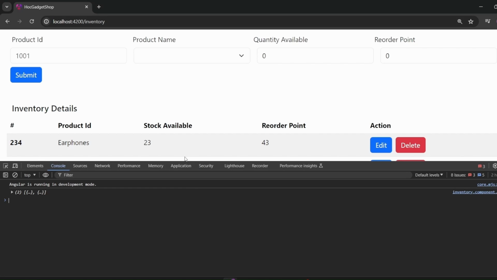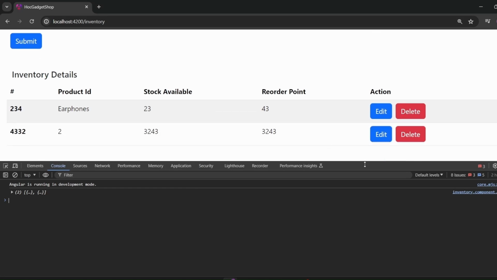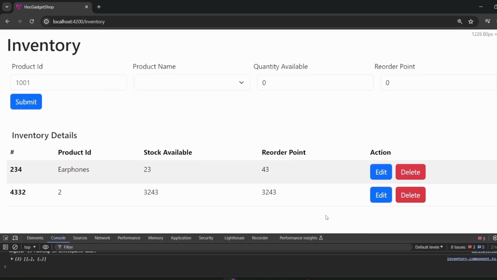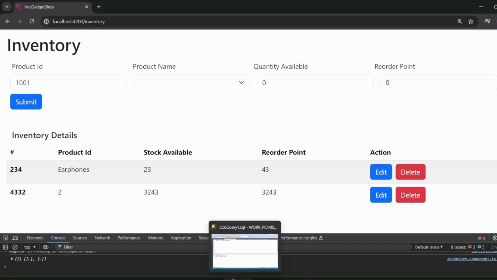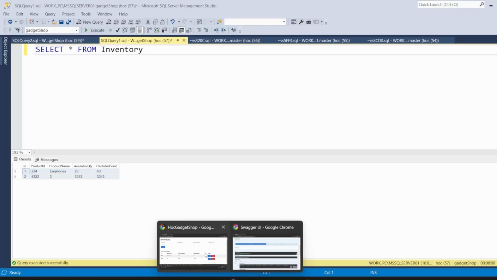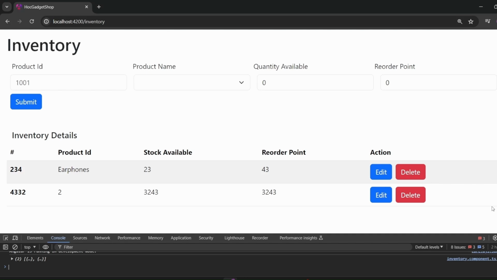Let's go to the page again. It should be reloaded. Yes, because just after saving the changes, we are able to see that the reload is done, and over here we are getting whatever we had saved in the table, that is successfully being fetched on the screen as well. This is all dynamic data. This is not the data that we had given in the HTML template. It's all dynamically being fetched from the table to the Angular application on the screen. So we have successfully established the get flow as well. I hope you have understood whatever we have covered till now.